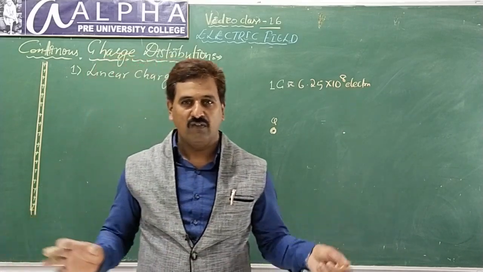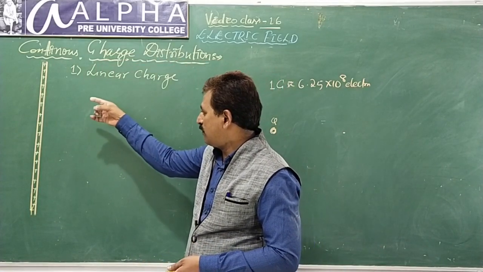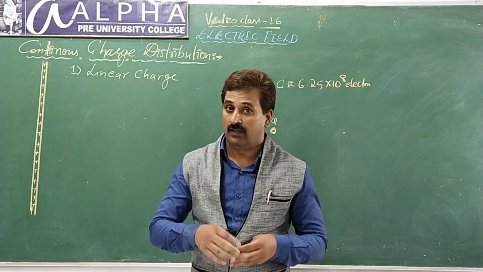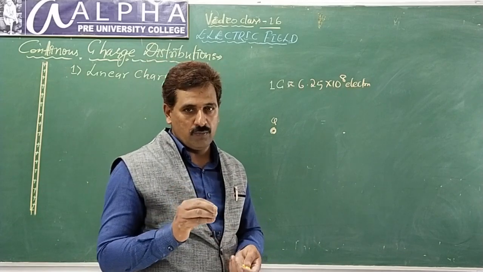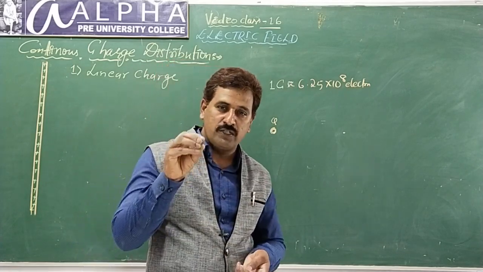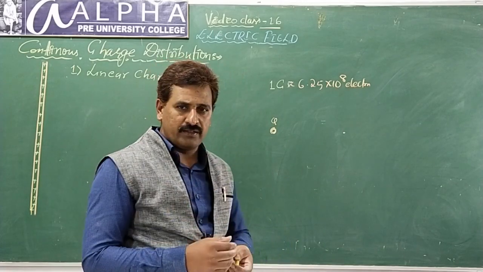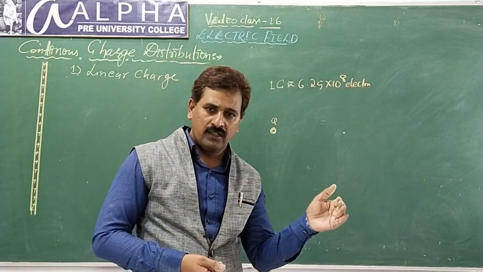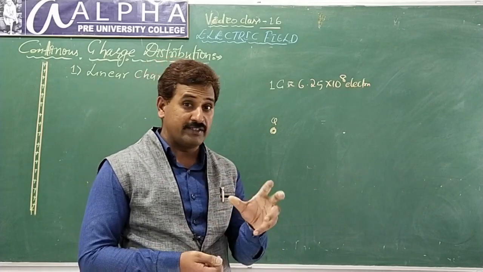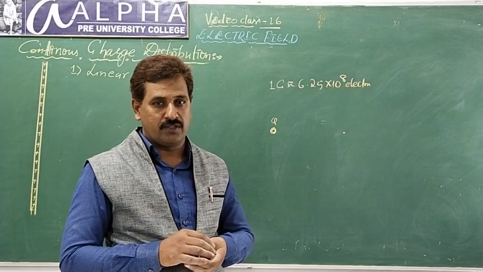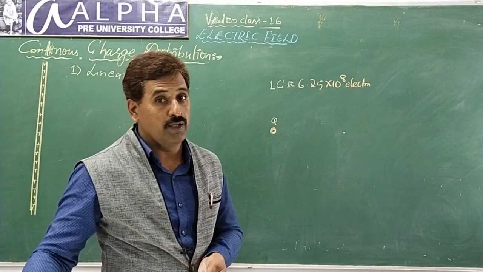That's why quite often in our day-to-day life interactions, we may see charges distributed along a straight line, or on a surface, or in a volume. That's why we talk about charge distribution quite often. This comes in the next part of the chapter, that is Gauss theorem. There we consider continuous charge distribution. Due to that, what is the electric field at a point? That will be a new approach.